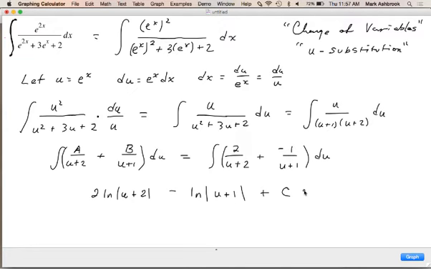But we were solving the antiderivative of the original integral, which was an x integral. So our final answer has to be in terms of x. So we use this change of variables to make life easier up until taking the antiderivative, and then once we have the antiderivative, we're going to switch it back to the old variable, because we're really not solving the problem in terms of u. We're solving it in terms of x. So how do we switch it back? What does this equal? Natural log of e to the x plus 2 minus